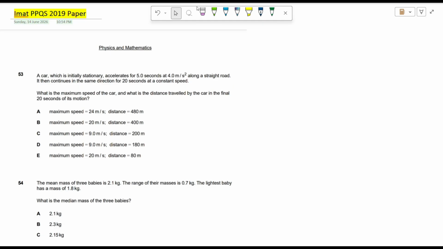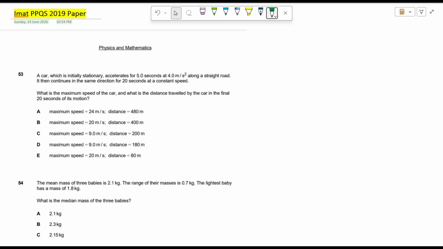Our past paper questions of maths and physics from IMAT 2019 paper. So our very first question is of physics, which is 59th, right? And it basically asks us: a car which is initially stationary accelerates for 5.0 seconds at 4.0 meter per second